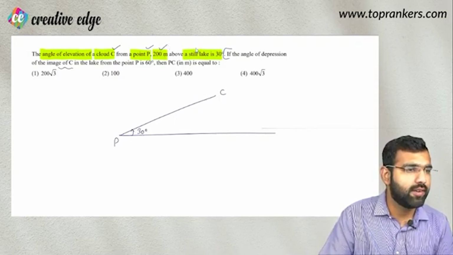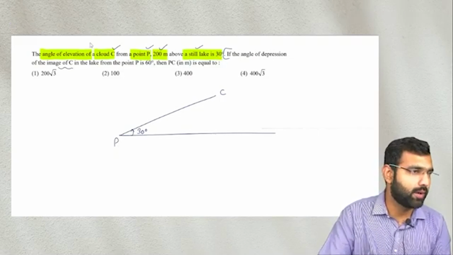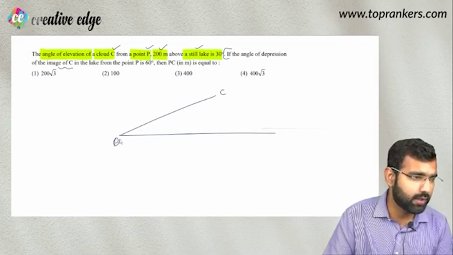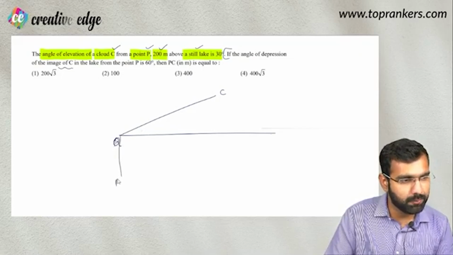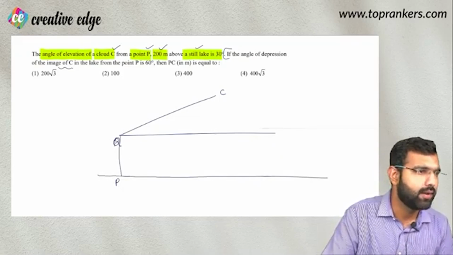200 meter above a still lake is 30 degrees. So point P के basically 200 meter ऊपर. I'm really sorry. This is not point P. This is a different point. Let's call it Q. P एक point है या बेसिकली एक लेक है, उस लेक से ऊपर, इसको और थोड़ा